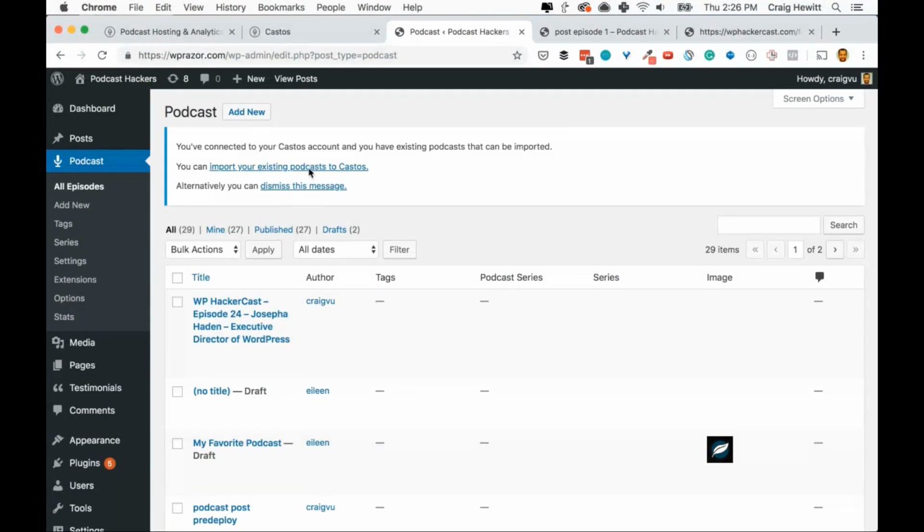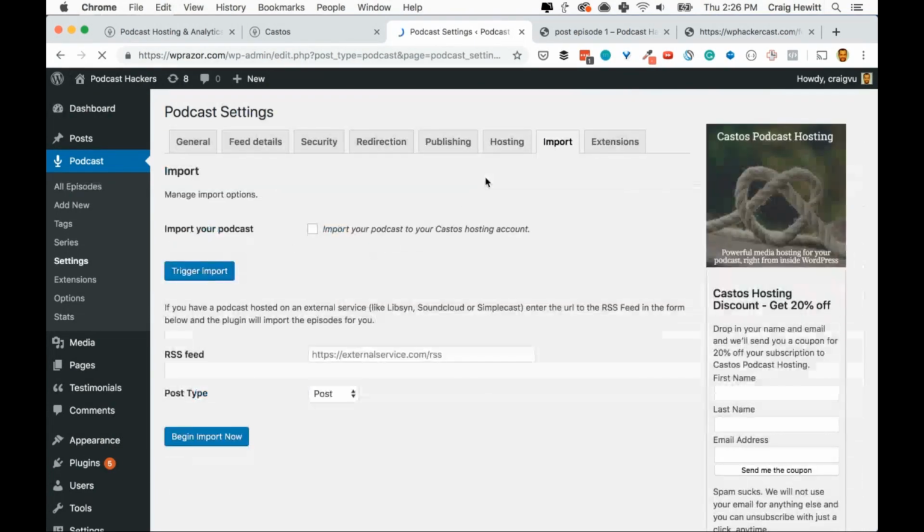And then you have this prompt here that says, hey, I see that you have content in your WordPress site that is not live in Castos. Do you want to import that? And if you say, yep, it takes you back to this page we were just on, and we would say, okay, I want to import this content to my WordPress site. So we'll say trigger this, and